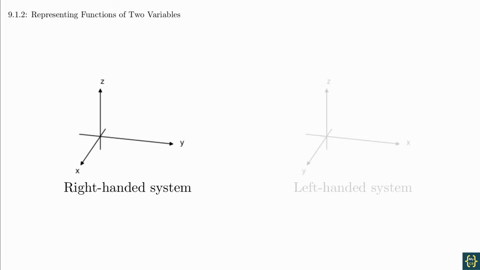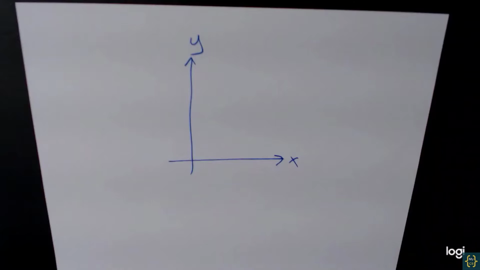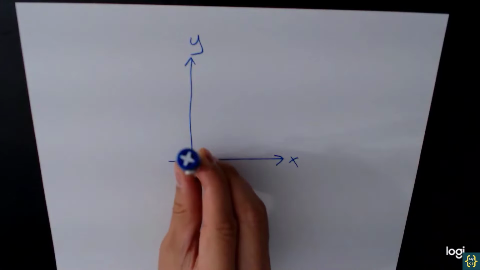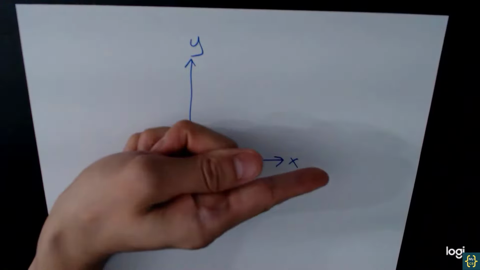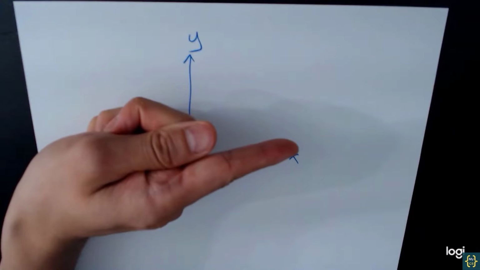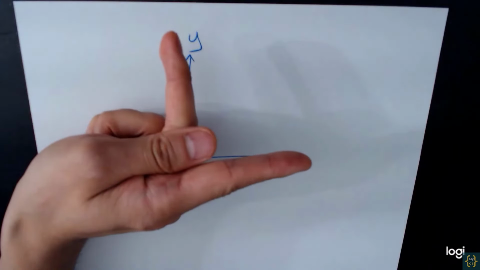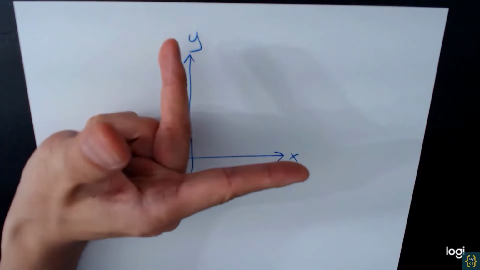There are a number of ways to think about this. If you draw the x and y axes in the traditional way and lay the paper down on a table, the z-axis will point up out of the table towards your face. Another way that this is described is that if you point your index finger on your right hand in the positive x direction and your middle finger in the positive y direction, then raising your thumb points in the positive